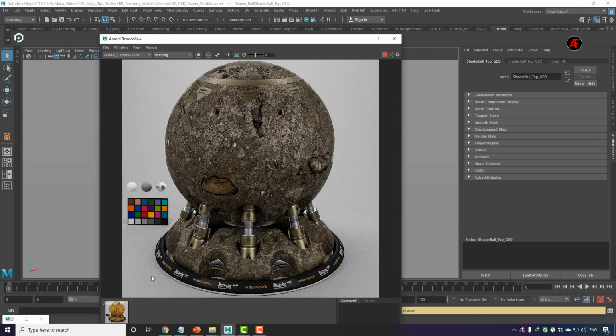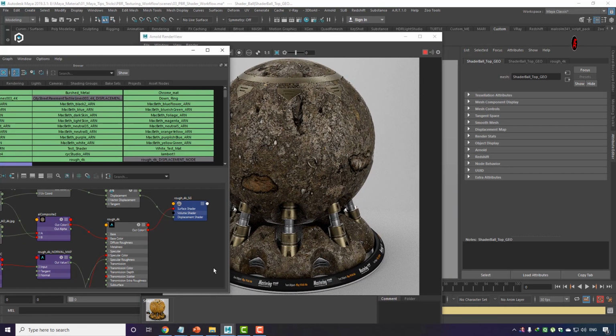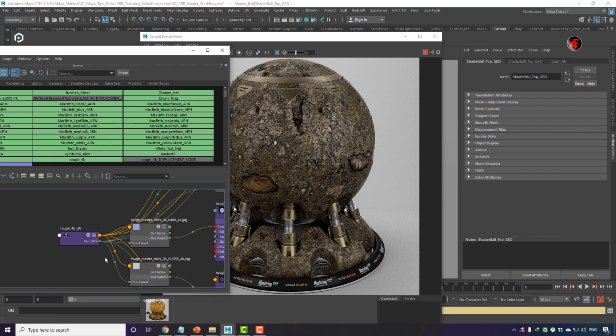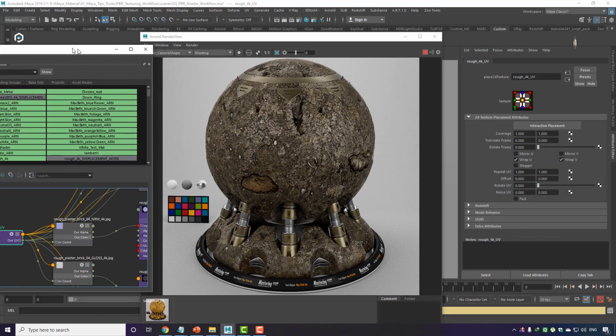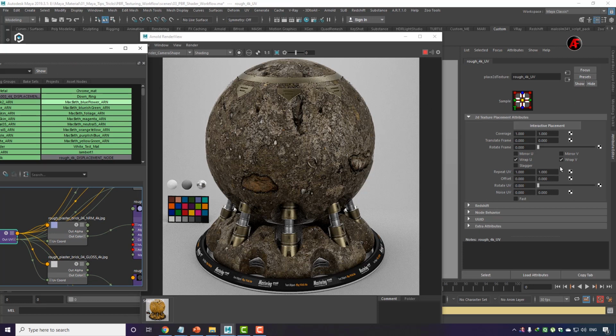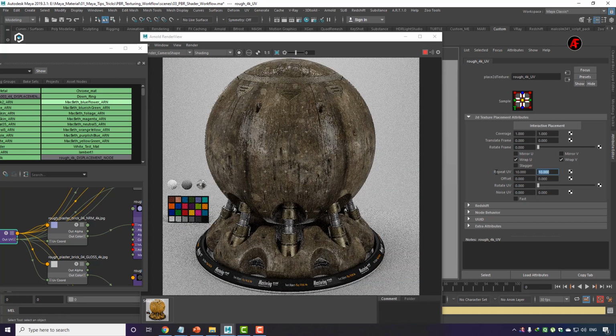All right, so what we are going to do here is we're going to make some tiling here. So I'll just select that and make sure that live rendering is on. So I just put 10, tab 10, and now you can see the texture is coming.